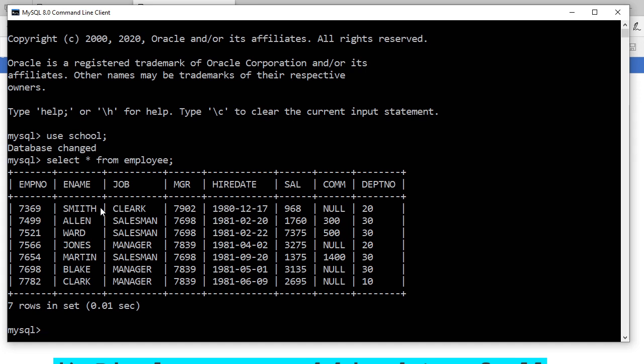Because we know that in the school database we have the table employee, right? So once again, all the column headings are in capital case here, right? And there is no definition given in this employee table for the data type, so we have used varchar. Got it? Varchar data type with number. So varchar will work according to the input you are going to put. Okay, so tell me the next query.